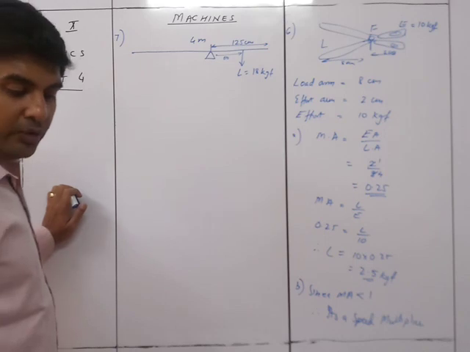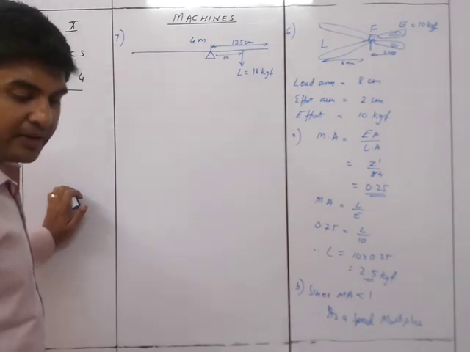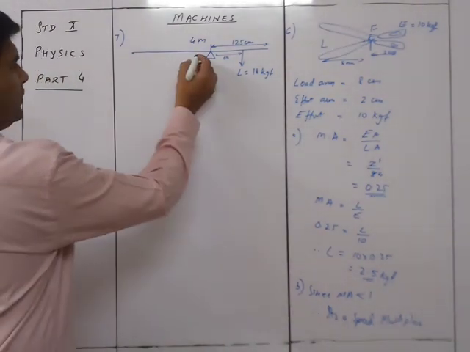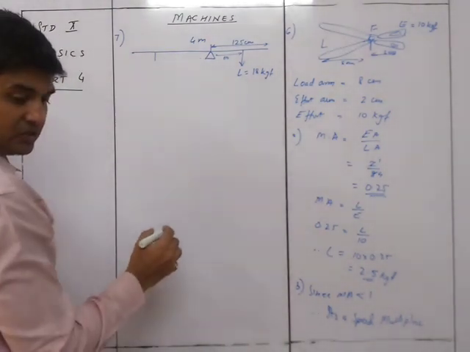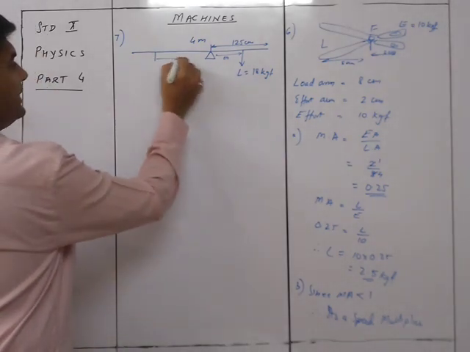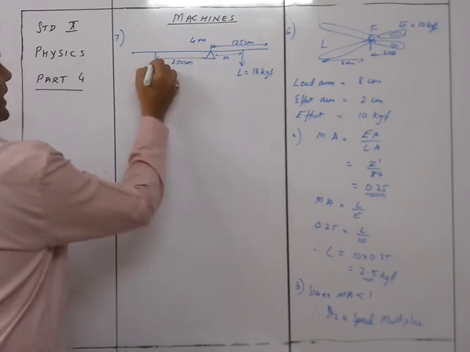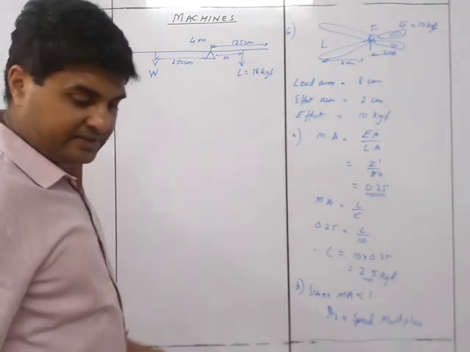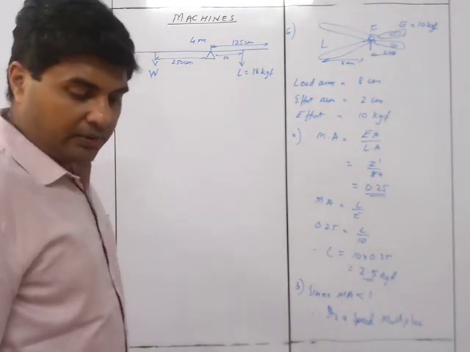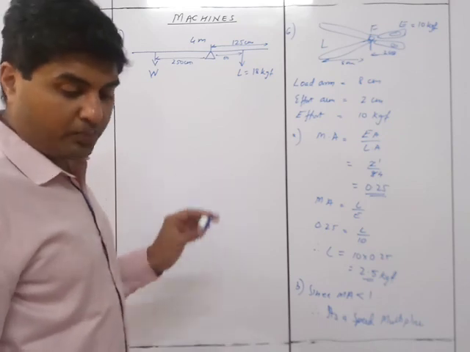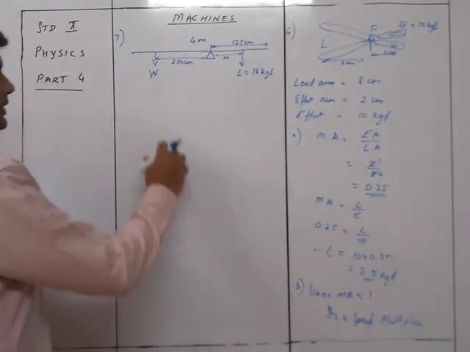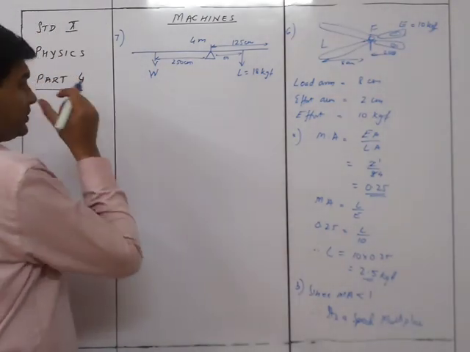If a weight W is placed at a distance of 250 centimeters from the support on the longer arm, find W. So at a distance of 250 centimeters from the support, you are having one W. And we are saying that when you do so, the whole thing gets supported. So we are going to use the equilibrium part, or we can say over here load into load arm is equal to effort into effort arm. You can see it that way.